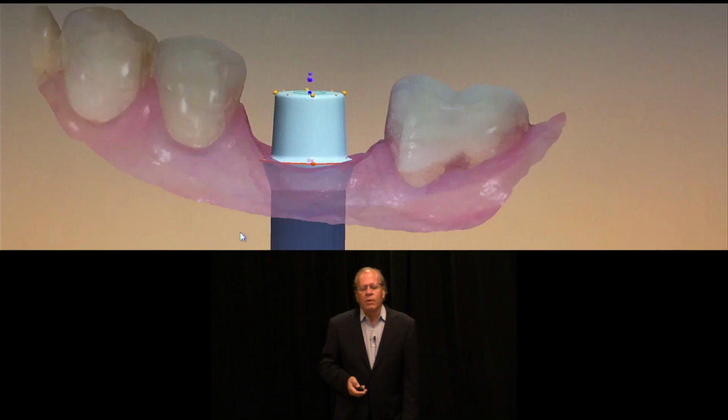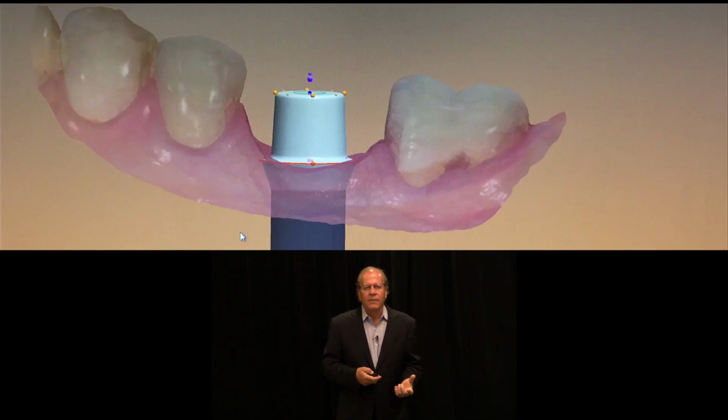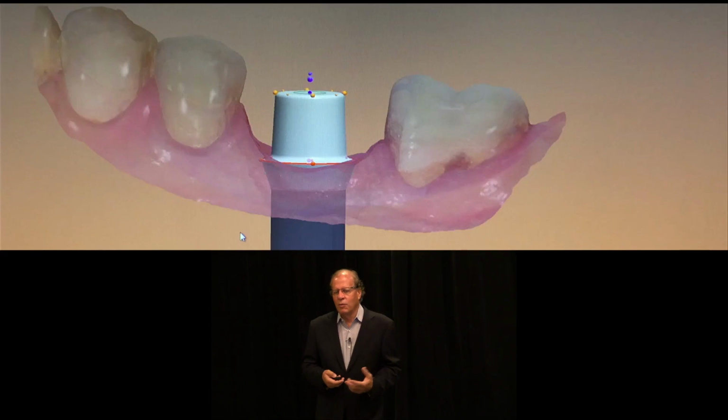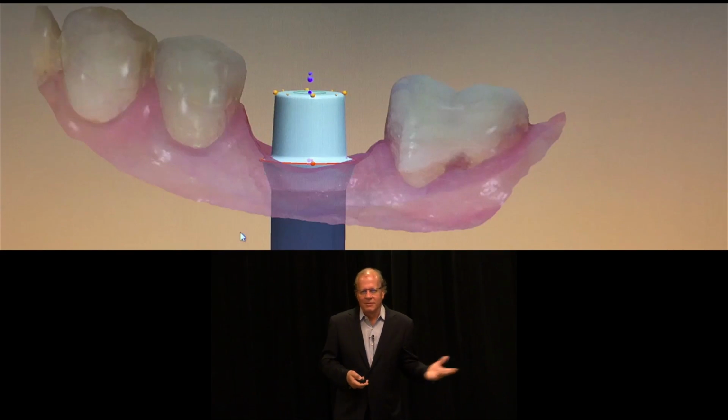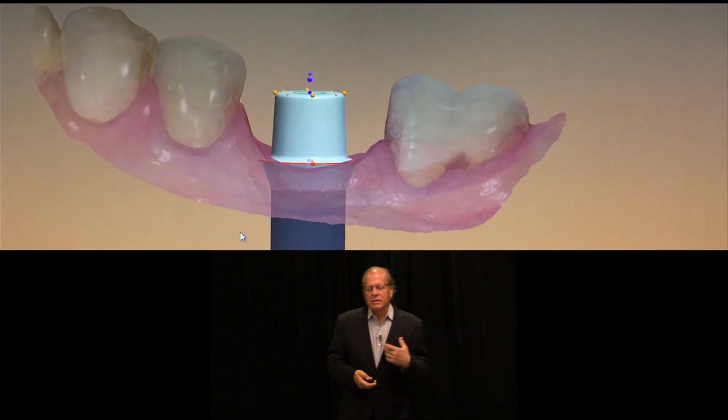So what happened was, I am sitting at my computer in my office, and 3,000 miles away, my technician and I are sharing and communicating how to design abutments. Now, it's pretty hard to do this with a stone model and a wax-up, which you FedEx from one side of the country to the other. It doesn't make any sense. But what's interesting to me